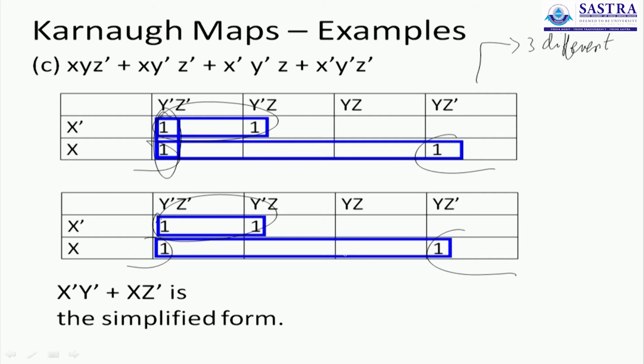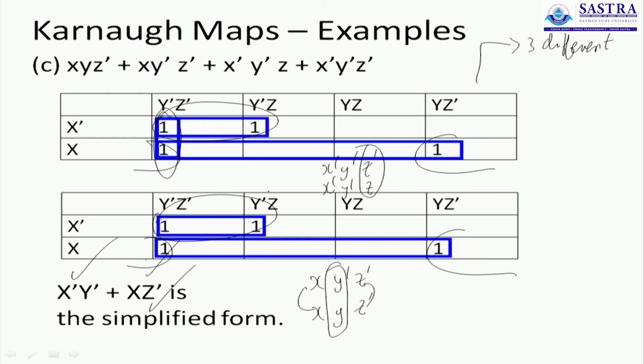So how do you group them? I have grouped these two together, so it is x y bar z bar and x y z bar. Whatever is not common is to be chopped off, y is chopped off. X and z bar I retain here. When I consider these two, I have x bar, y bar, z bar and x bar, y bar, z. Whatever is not common can be chopped off. This is not common, I can chop it off. So I have x bar, y bar and x, z bar as the simplified form of the Boolean expression. Once again, this is to be preferred over that procedure which groups 3 different loops.